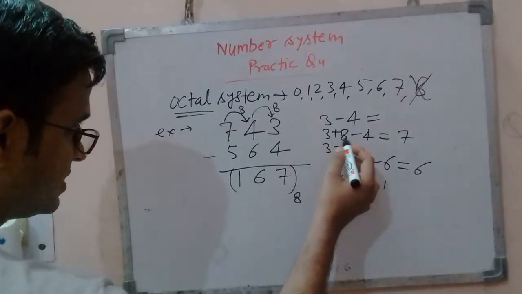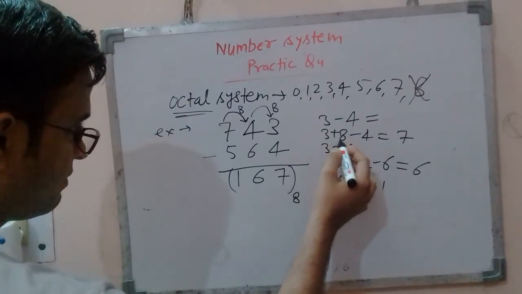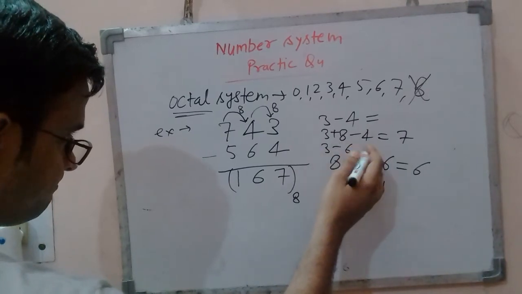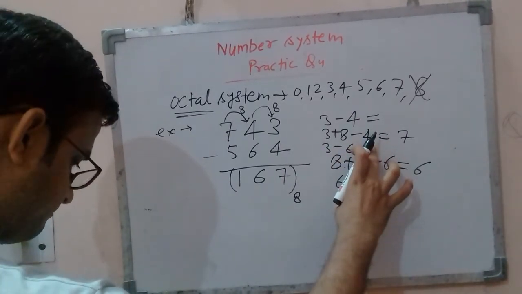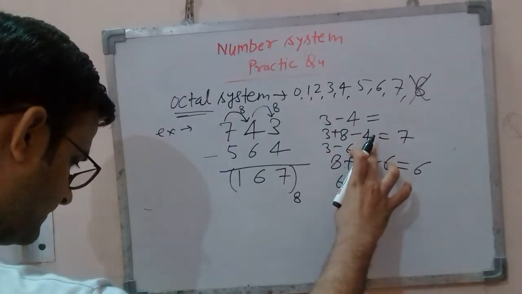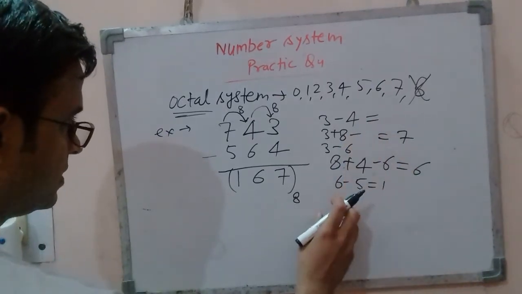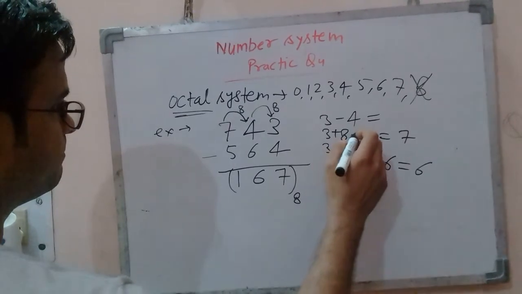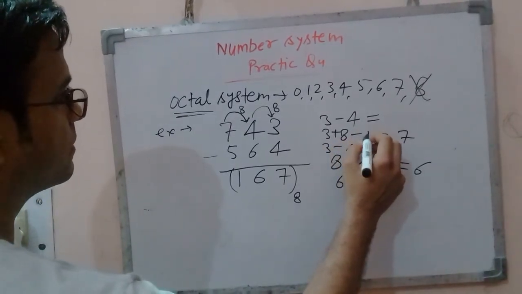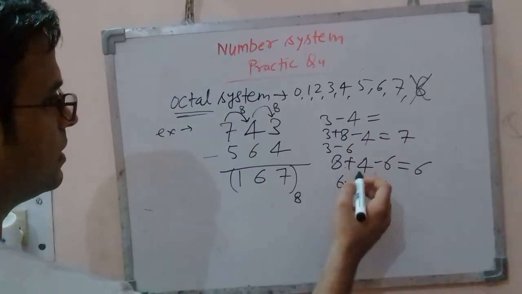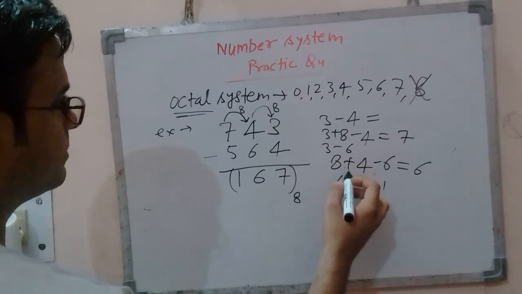See here, 3 plus 8 is 11, right? 11 minus 4 is... this is not 4, actually we are subtracting here. Okay, this is 4, 7. Here,